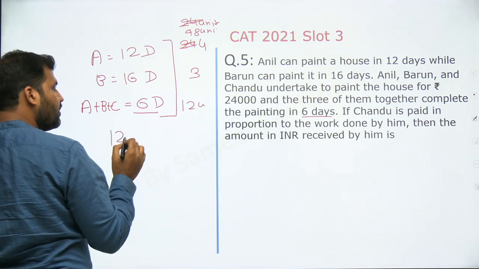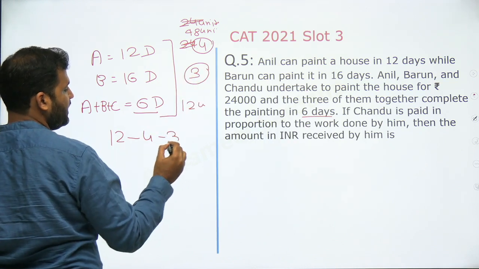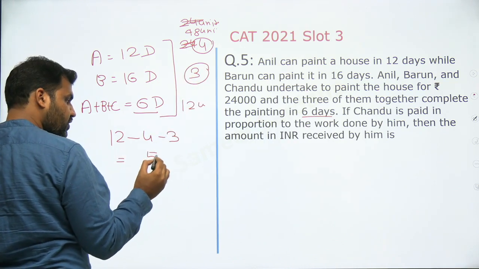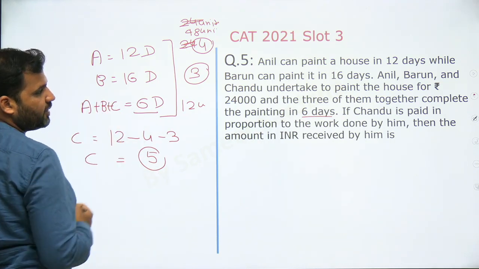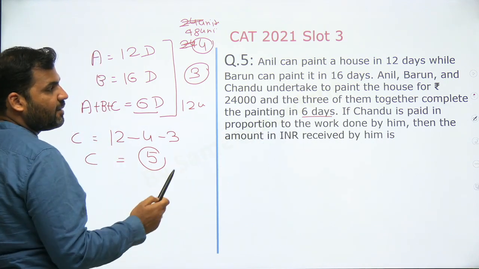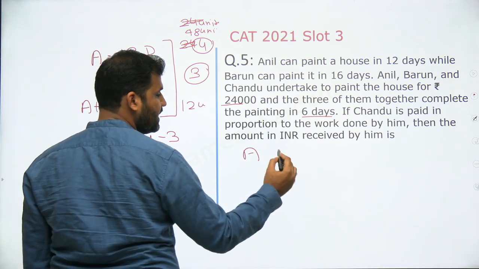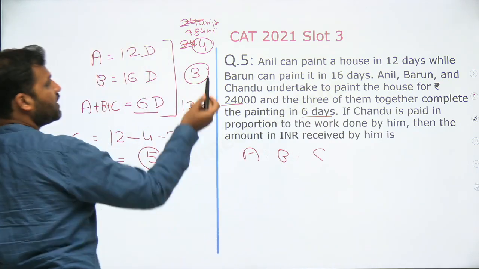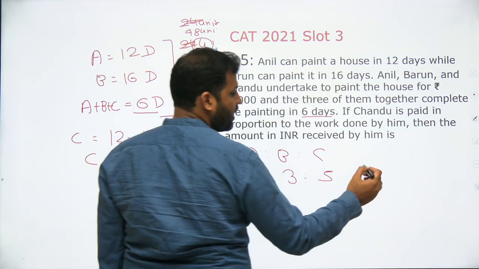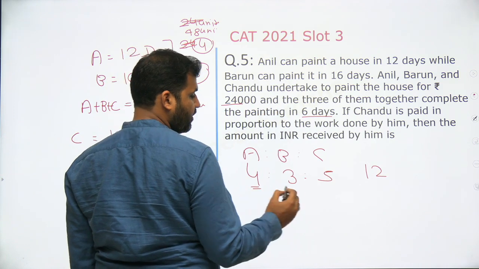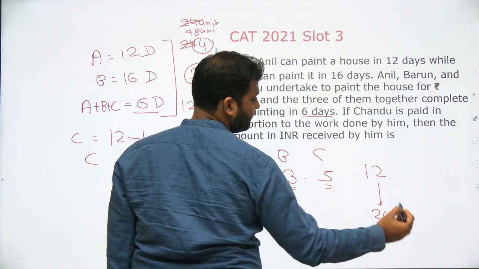So out of 12 units of work, 4 units are being done by A, 3 units are being done by B. So rest of the 5 units will be done by Chandu, C, right? So C is basically doing 5 units per day. So it's given that the amount of money that they will be receiving would be in the proportion to the work done by them. So A, B and C, the ratio of the proportion of the work you can see is 4, 3 and 5. Right? So out of total 12 rupees, A will be getting 4, B will be getting 3 and C will be getting 5. Out of total 24,000,